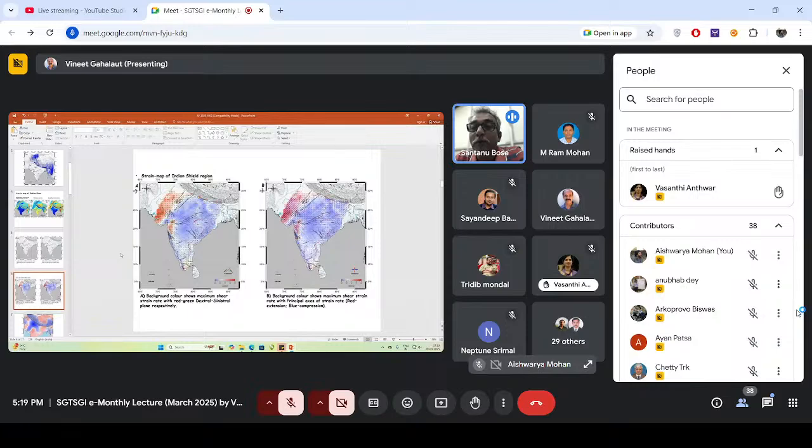That okay, this area is moving slightly different than this region. It's not a huge difference. If I show you this